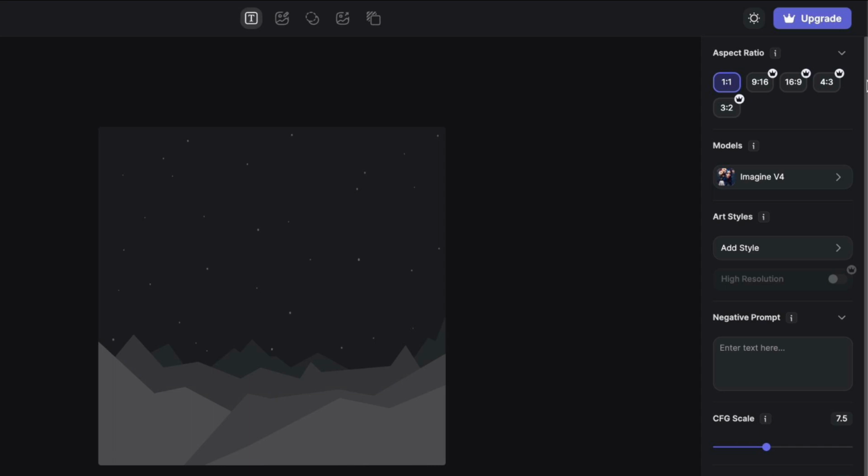One notable feature is the ability to adjust the aspect ratio, providing flexibility with choices such as 1 by 1, 9 by 16, 16 by 9, 4 by 3, and 3 by 2. It is worth noting that certain aspect ratios are adorned with crowns, indicating that they are exclusive to users with upgraded Pro accounts. Given the constraints of a free account, let's opt for the 1 by 1 aspect ratio, the